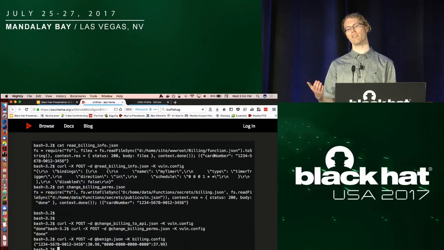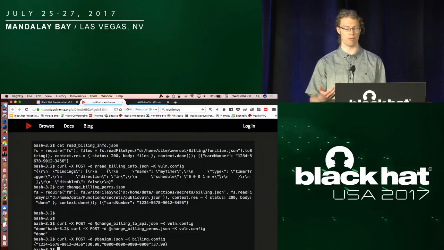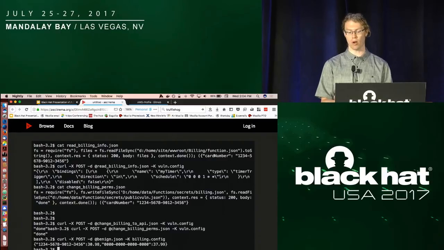But since we want to change billing, and we don't want to wait till the end of the month to see if our exploit worked or see if they've deployed since or any number of things that could happen, we want to change it to be able to be called through the API. And so, just like we could change the permissions, we can actually, with this next snippet,